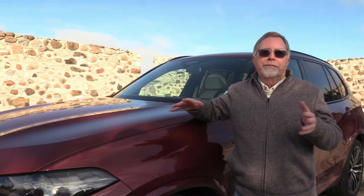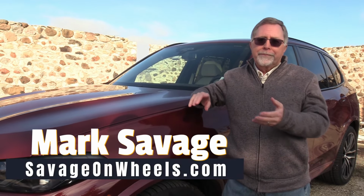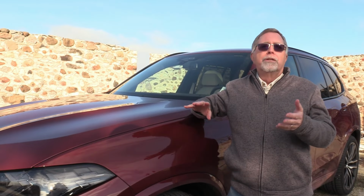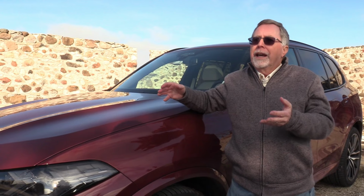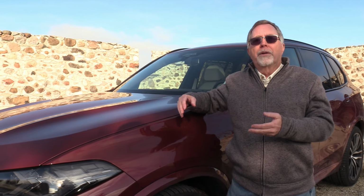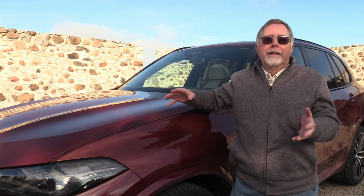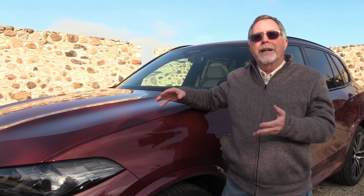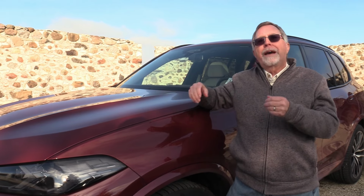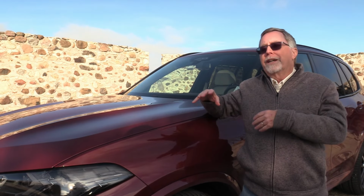There you go. So if you don't want to spend $105,000 or so on an X5, there are several to choose from. The entry level is $61,200, which isn't too bad for a mid-size luxury SUV, right? And that one has a 375 horsepower twin turbo V6. That's plenty good. If you want to move up to the next level and get all-wheel drive, that goes to $68,000. And if you want a plug-in hybrid, it goes to about $77,000, and that gives you 40 miles of